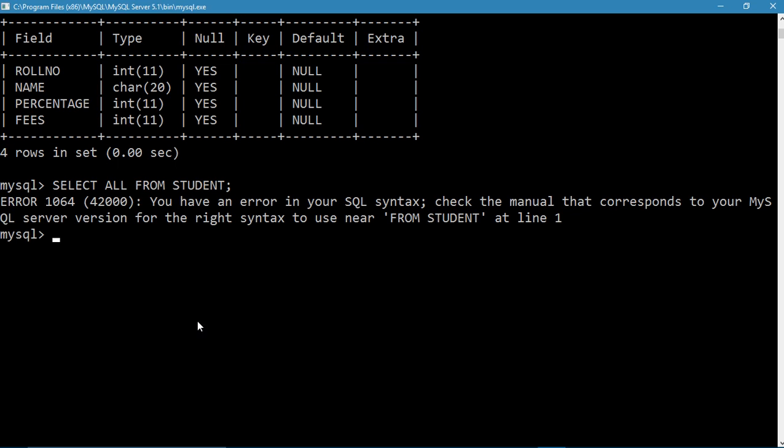Something wrong I have done, I think. Actually it will help me to take one column out of it. Let me try that.